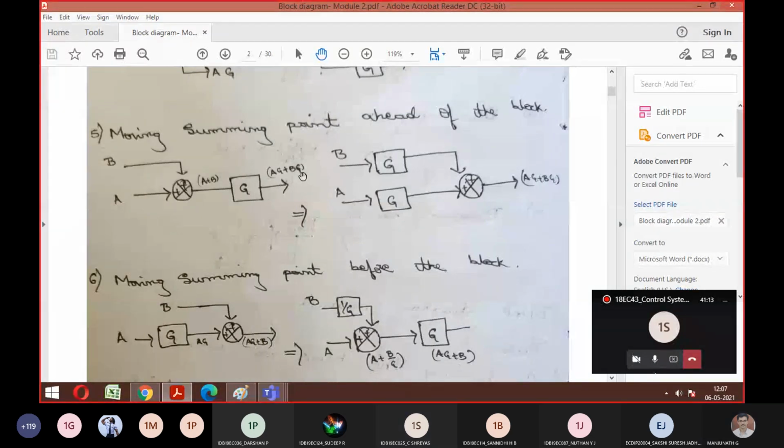Yes, sir. So now what has happened? This summing point went here. Look at here. The summing point came front of this G. So this G was there, now it came front. So if we keep this in front, assume that this G was not there, then B is coming directly to the summing point, and here combination of AG will come here. So ultimate answer will become what? B plus AG. Is it matching with the original one?